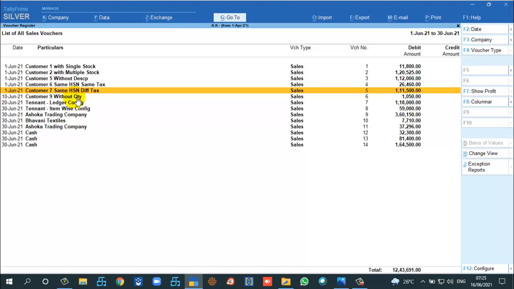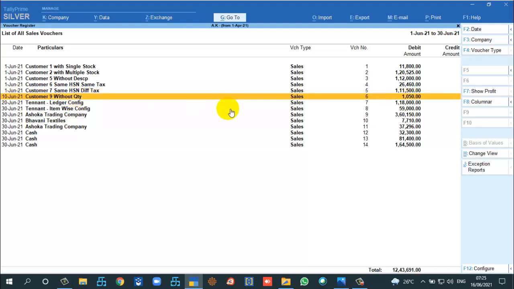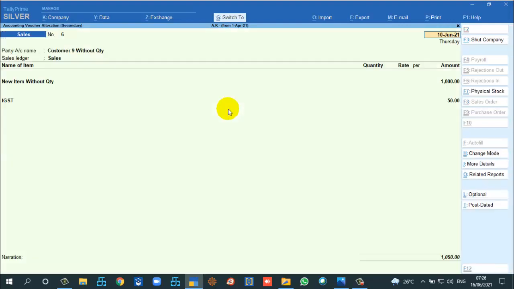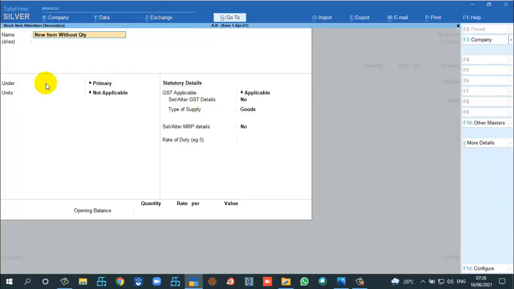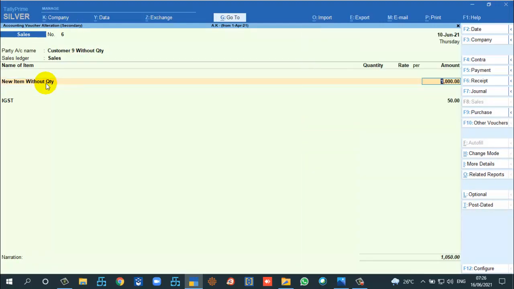Another thing you can see here is that many of them are not creating item-wise. While vouching, as practitioners, in the past few months or years we have been practicing only ledger-wise and not item-wise. We can do it that way, but it is not the correct one. This is wrong, since this item doesn't have any quantity because I have not created the unit, so it will come directly to the taxable value only.